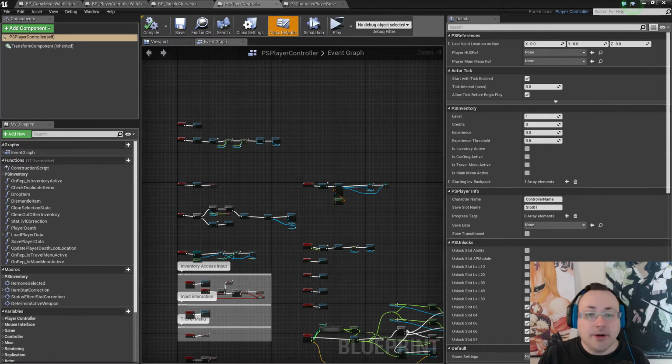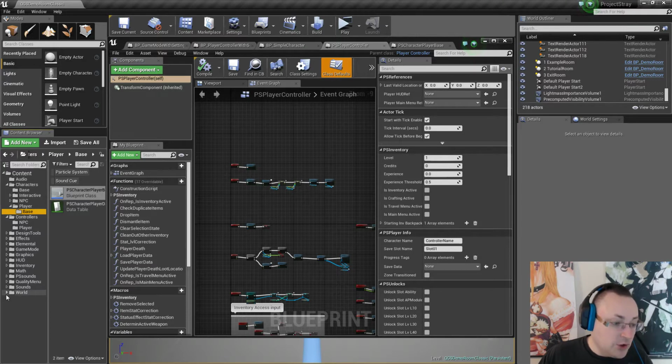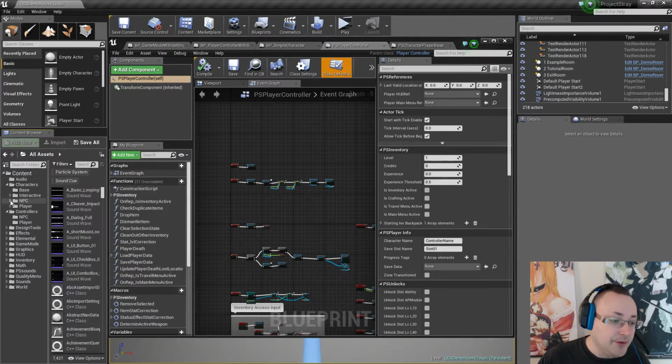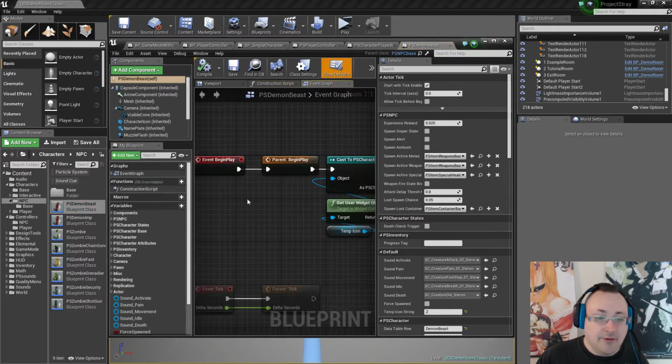So I made good progress. I got monsters. I got representational graphics for all of the enemies currently in the game. This is not the full list of enemies that will be in the game. There will be a little bit more than this. Actually, this is probably about half. But yep, I have everything from like